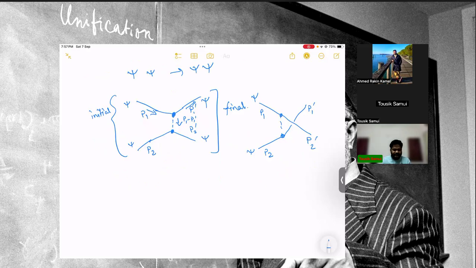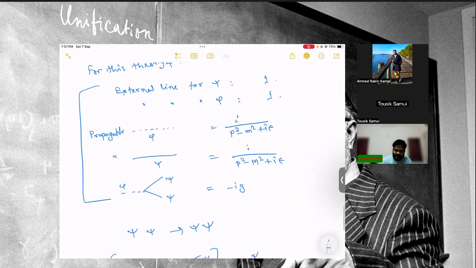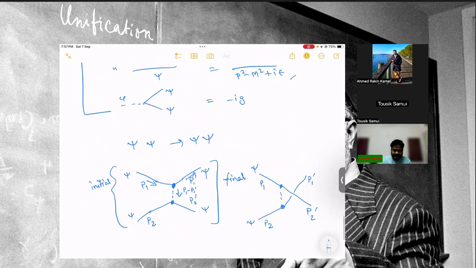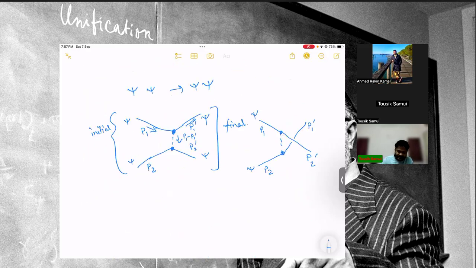Okay, so the whole calculation boils down to these two pictures, and then we have this rule that we have corresponding factors for all these entities here. So for each vertex, let's say for the first term, I have minus ig. Okay, and let me write it as the momentum k. Okay, and since we have two vertices, minus ig squared, okay, for each of the external lines is 1, we